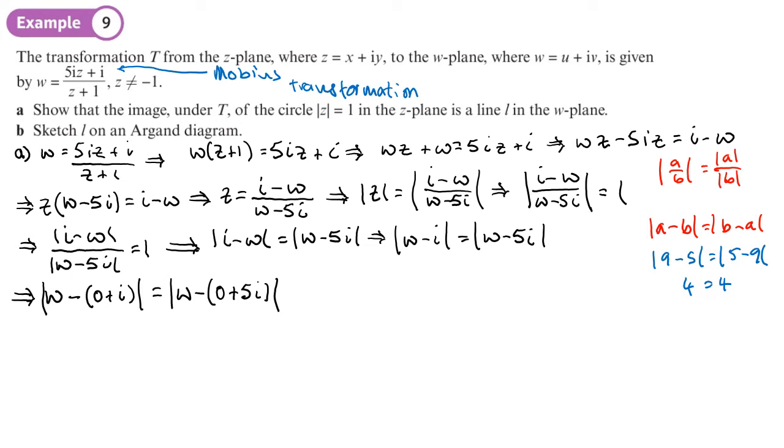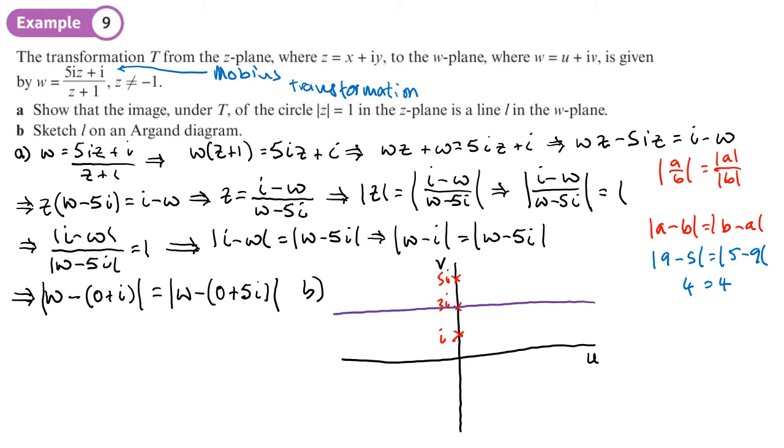So what I have, which I can now do in part B, is going to be a line like this. So this is going to be U, this is going to be V here. So we want to draw a line that's the perpendicular bisector between the point i, which is here, and the point 5i, which is here. So that's going to be a line that passes through 3i,